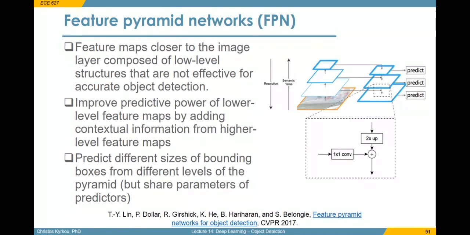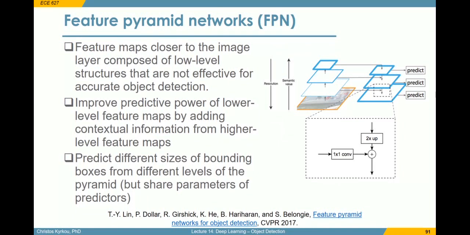And the thinking behind this paper was, can we somehow merge these two together? And the idea they proposed is to start from the end of the network and upsample, basically increase the spatial resolution of the semantic map,